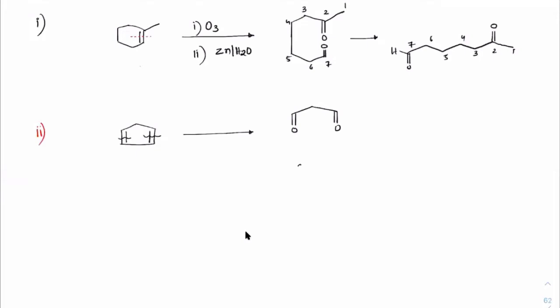At the bottom, I have a carbon with double bond O, another carbon with double bond O. That's all. So how does it look? This is a 3-membered ring with CHO, CH2 and CHO. Plus, what about this one? This one is CHO and CHO. So these are the two products.